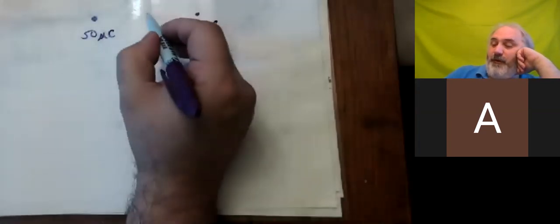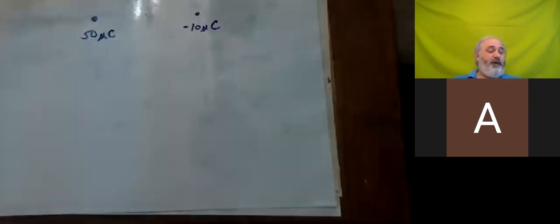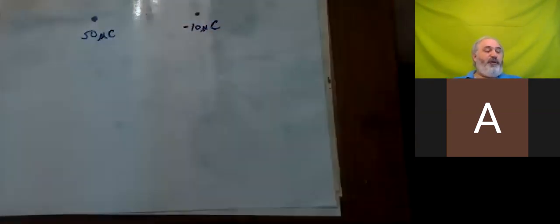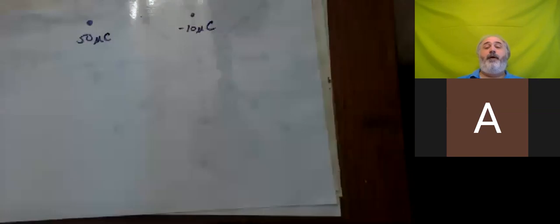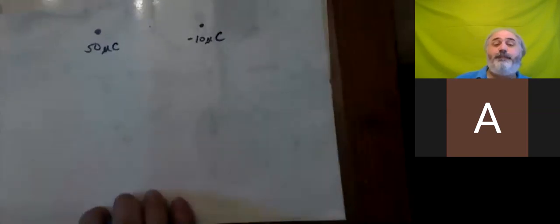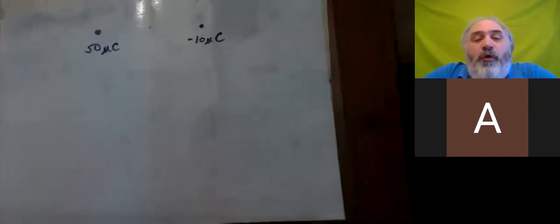So we looked right here, and we got an electric field of like 5.39 times 10 to the 7th. That's like 53 million. That's how big the electric field was right there. So clearly that's not 0. Is there a place where the total electric field would equal 0? Closer to